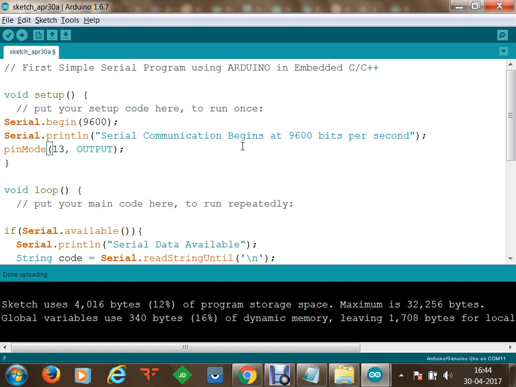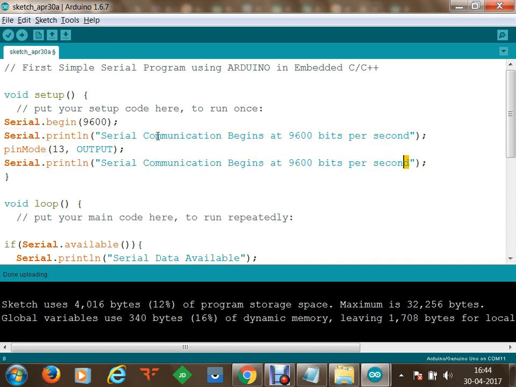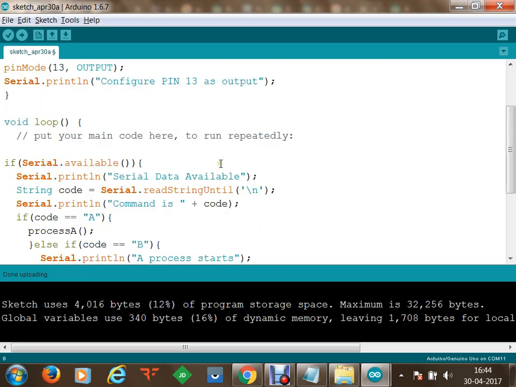Once the pin mode has been initialized, I am going to quickly print a message that says configure pin 13 as output. This is just for reference that this task has been done. It is not compulsory to write every step, but for a more comprehensive demonstration, we are using these println statements again and again. Once pin mode 13 has been set to output, now what we'll do...